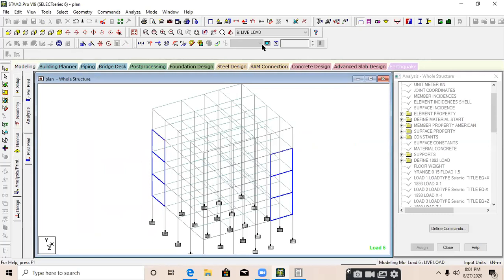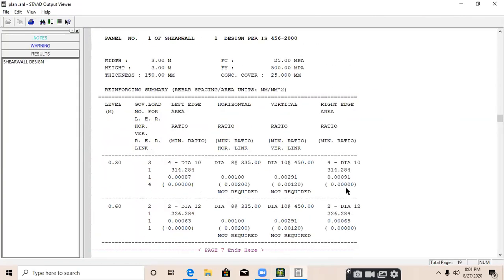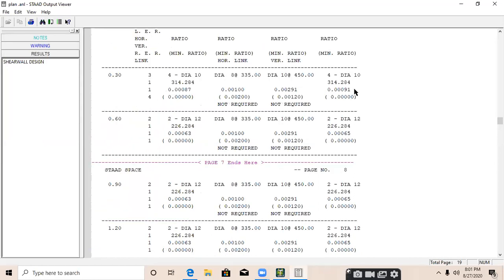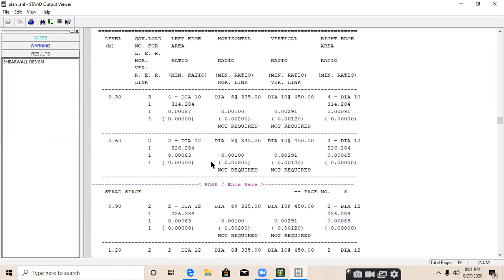How can we identify that? Good question. Let's see if there is a clue or not. Most of the time you will find the same reinforcement at the left edge and right edge, but in some cases it may differ. So we have to know first whether this is the left or the right.